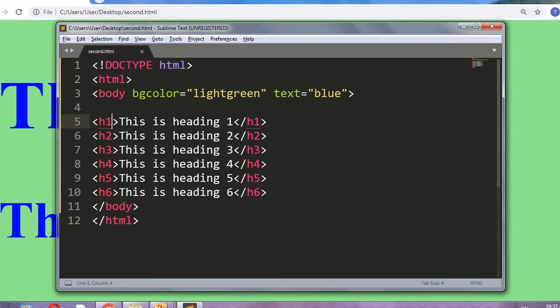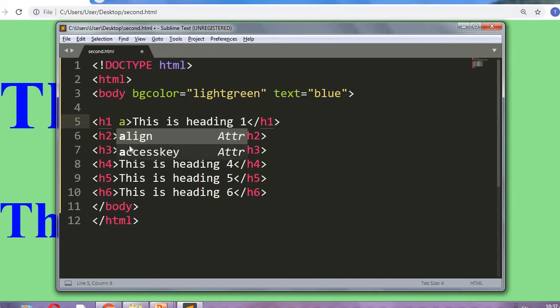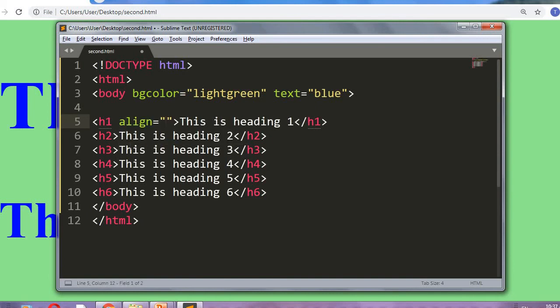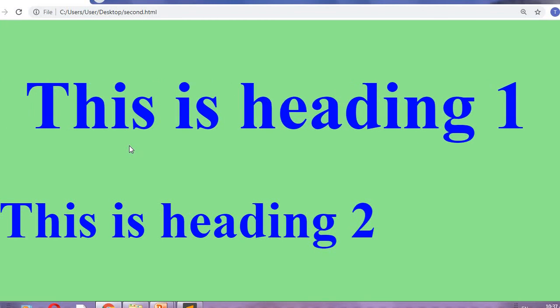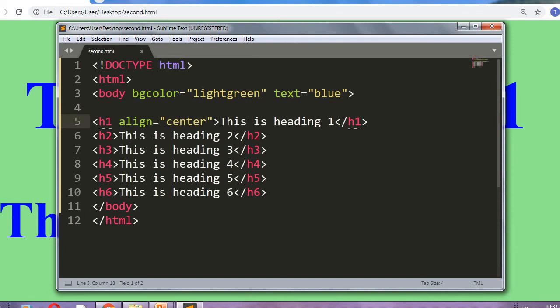Now come to one more basic tag, that is the heading tag. This is used for heading. If you want to make this heading in center, then use the align attribute. Align is equal to center. Good student, very good. See here, this is the heading tag. It comes in center. You can give right, you can give justify here.